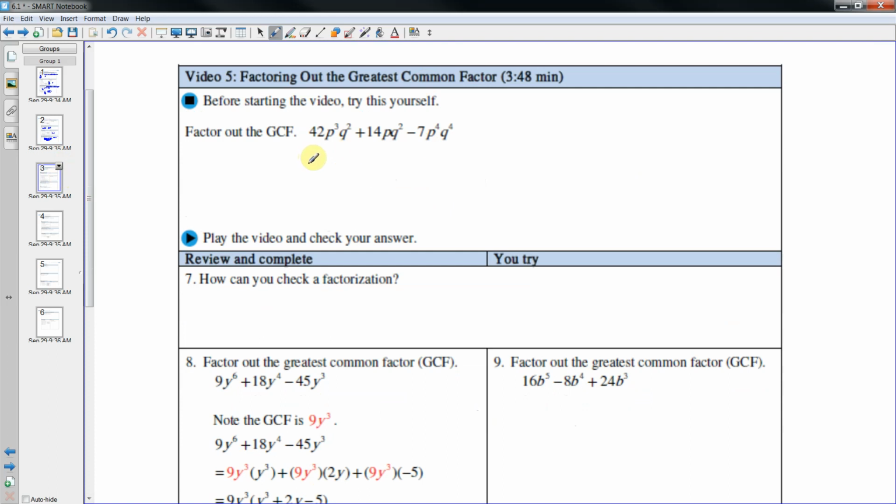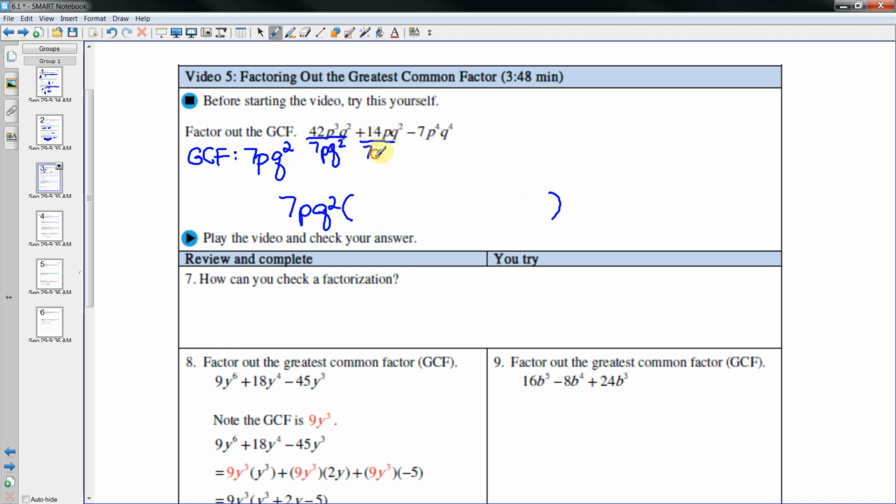It's got more than one variable per term, so I might have P's and Q's in my GCF. So GCF, for my numbers, I've got 42, 14, and 7. Well, 7 is the highest number that goes into all of those. And then for the P's, I have P's in every term. The lowest exponent is the P to the 1 here in this middle term. For Q's, I have Q's in all of them, and it looks like Q squared is the smallest of the exponents. So my GCF is 7pq squared, and I'm going to take that out